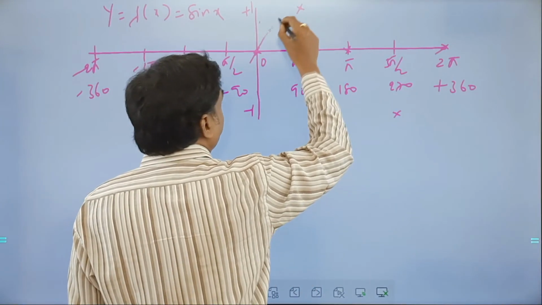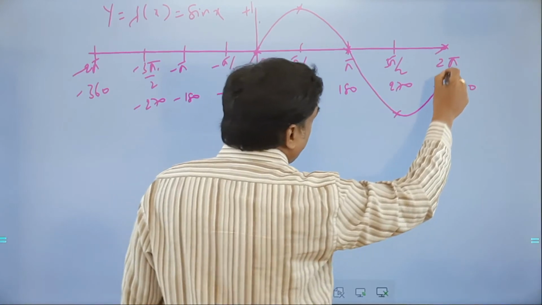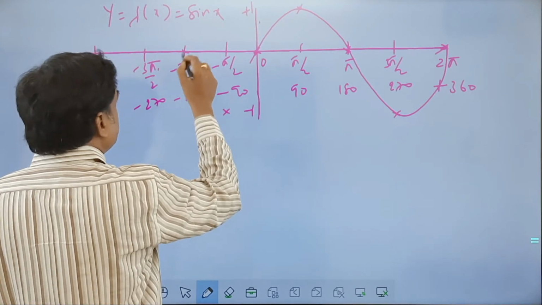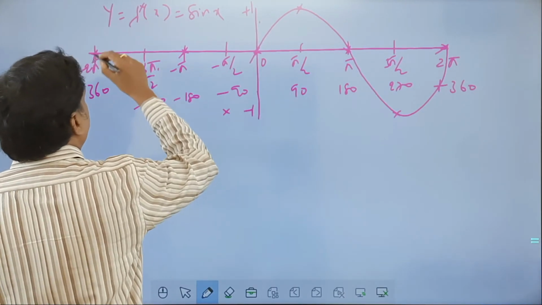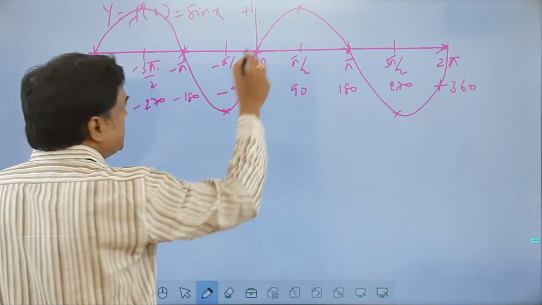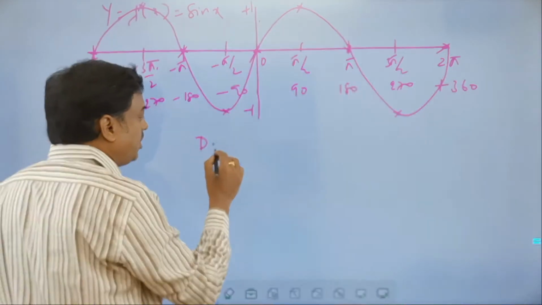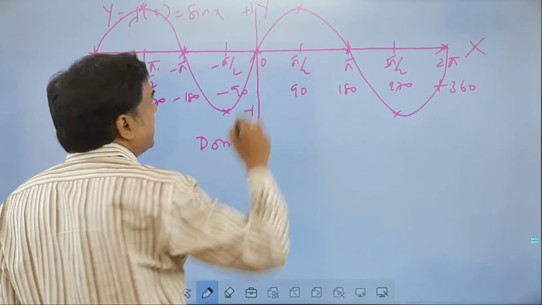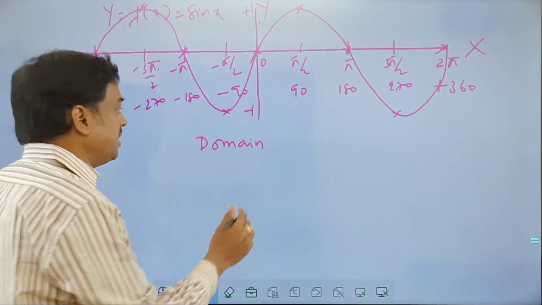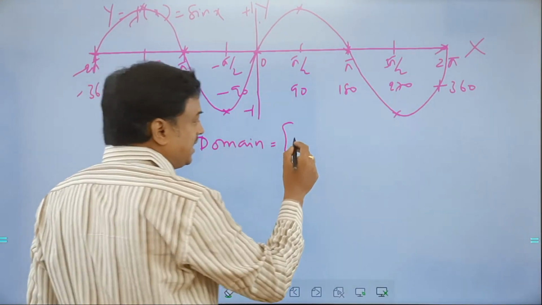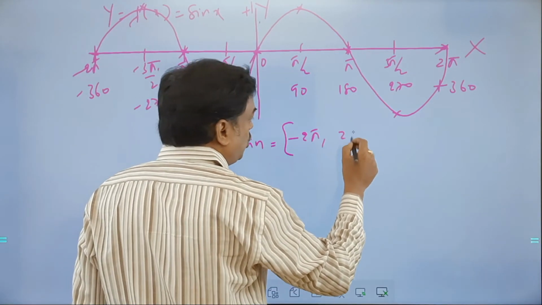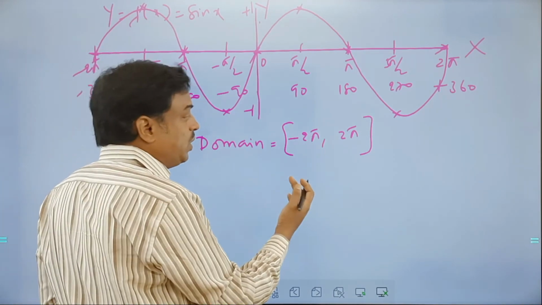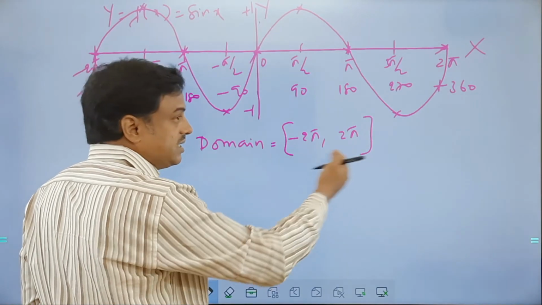So if you join this, my friend, it forms a wave, and you can find this as a sine graph. Similarly on the other side also, this is minus 1, 0, plus 1, 0, and again this forms a wave. Now what is to be understood immediately? When I am talking about domain, in this graph this can be considered the x-axis and this can be considered the y-axis. All the inputs you are putting, those values as a set, from minus 2 pi to 2 pi, this we call domain. So all the values ranging from minus 2 pi to plus 2 pi is called the domain.